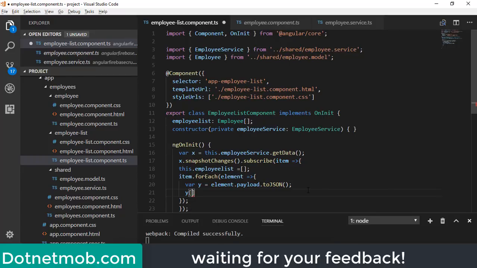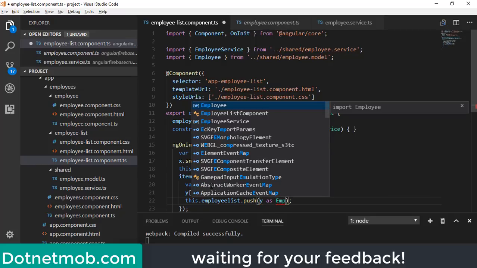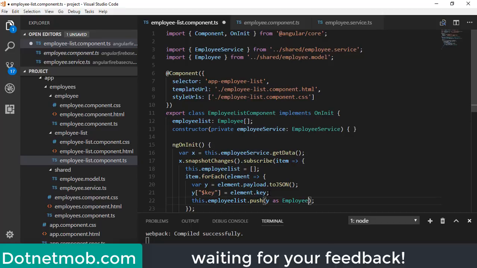We will add a new property $key is equal to element.key. And finally, we will push this object inside this array. So we can do this.employeeList.push, and we will push this object y, and we will cast it as Employee. Now we have all the employees inside this employeeList array.